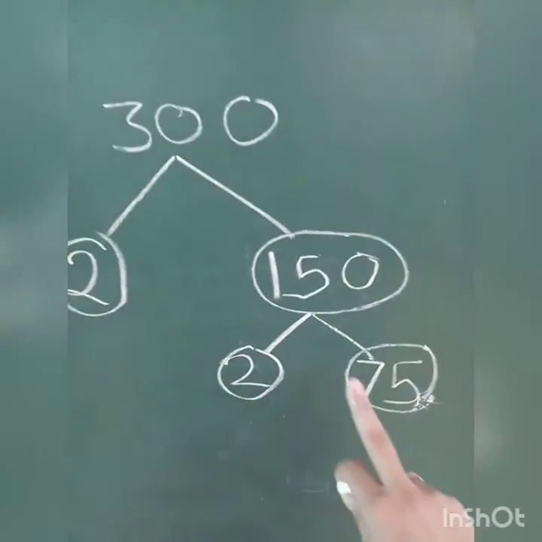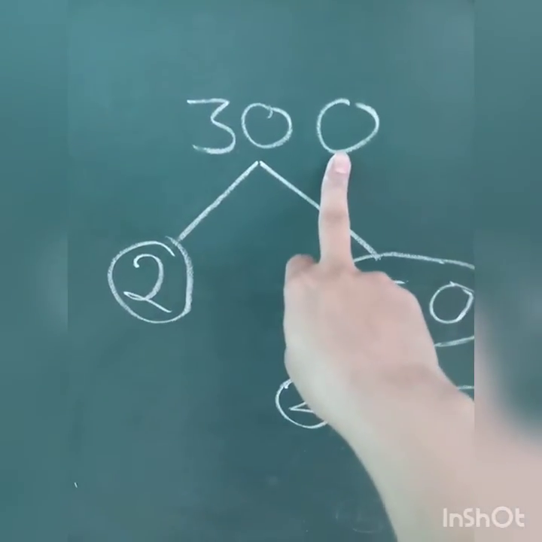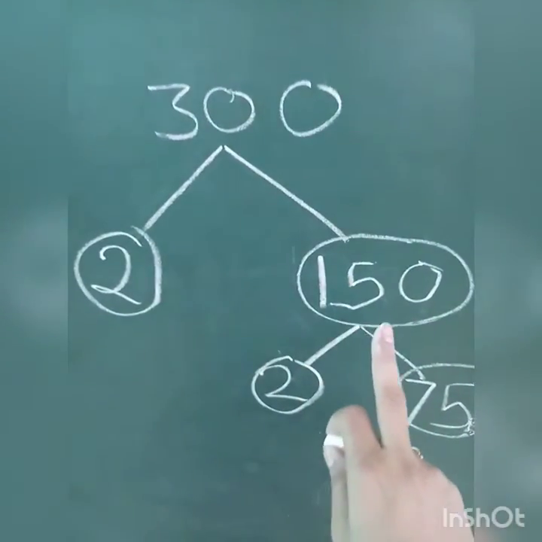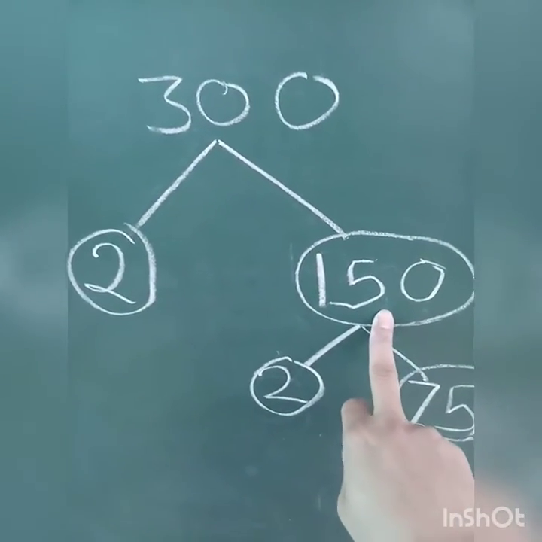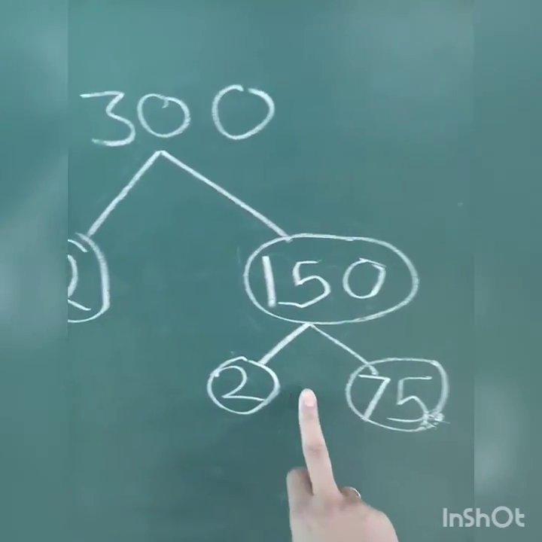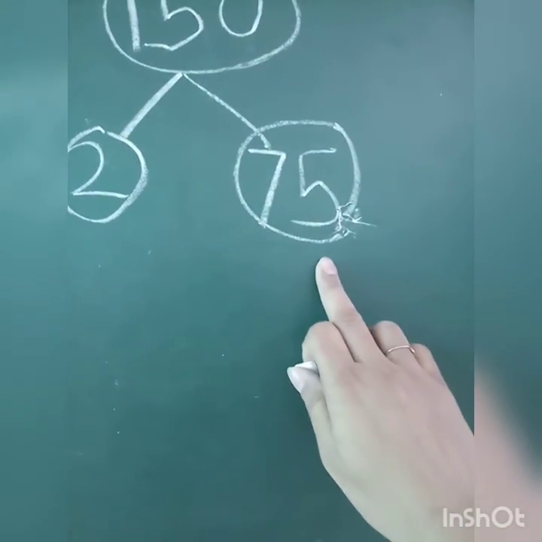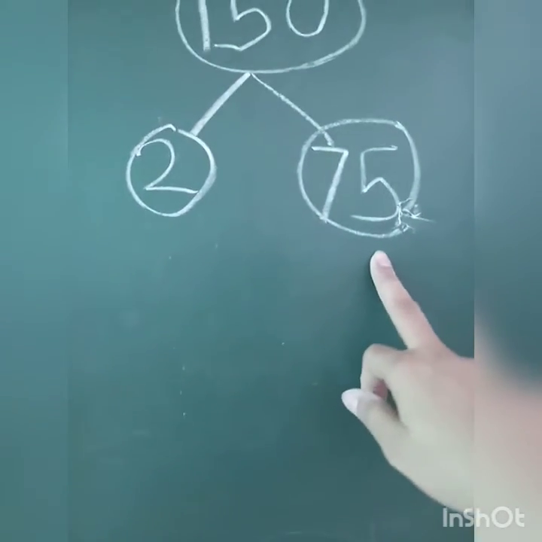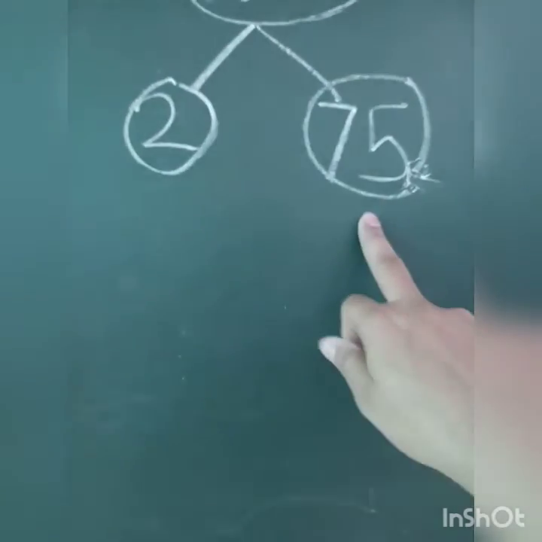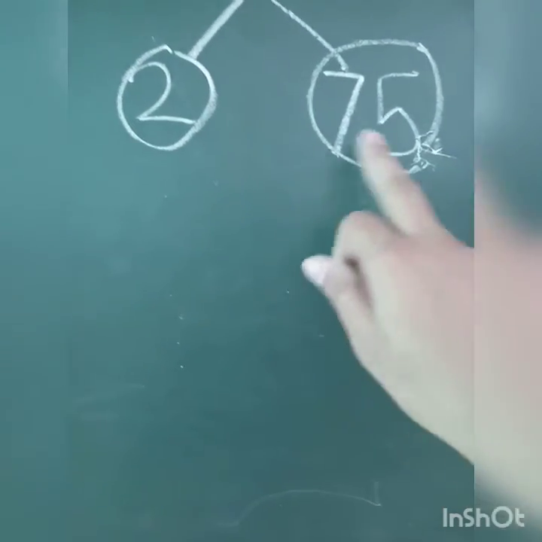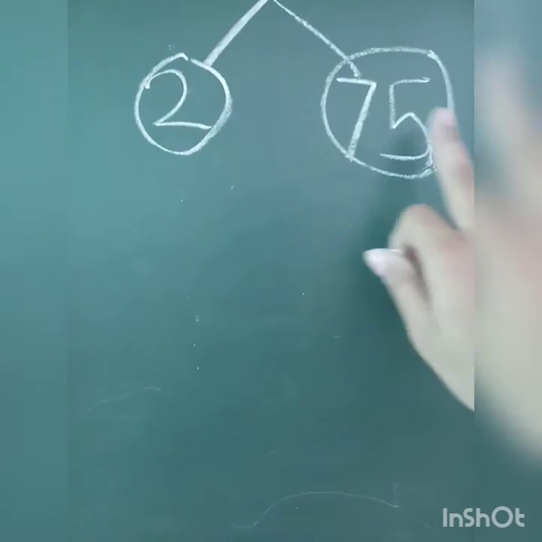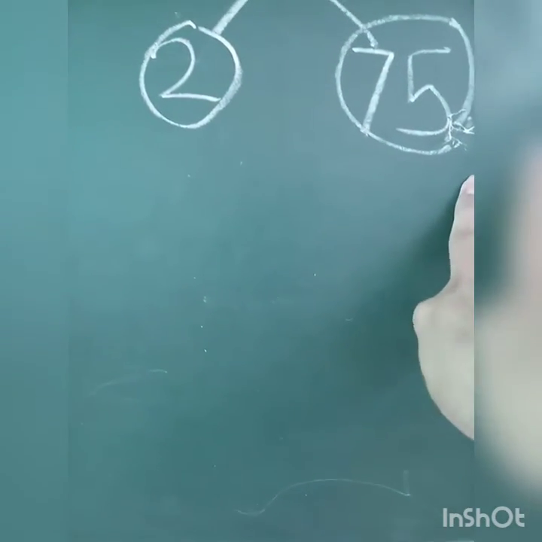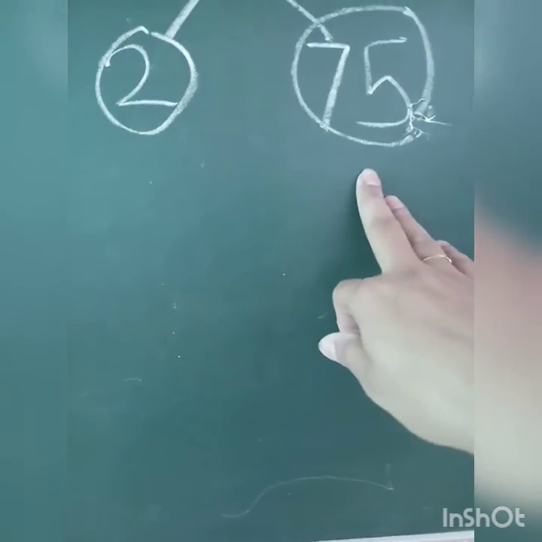Here you see students, we have to divide this number, and whatever answer we get, we have to write the answer here. Now 150 I have divided here by 2 and I got answer 75. So ones place 5 is given there. That means this number would not be divisible by 2. Right? Now we have to check whether this number is divisible by 3 or not by adding both digits. So 7 plus 5 is equal to 12. And 12 is a number of table 3. That means 12 is divisible by 3. So 75 also would be divisible by 3.